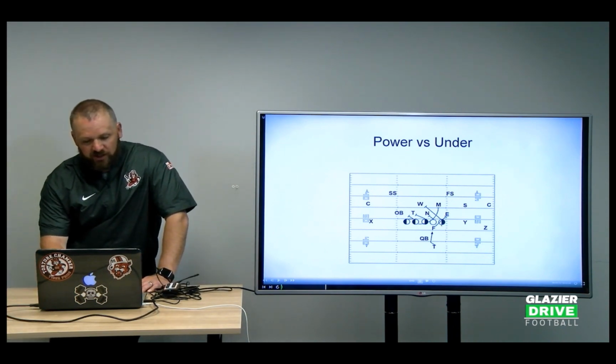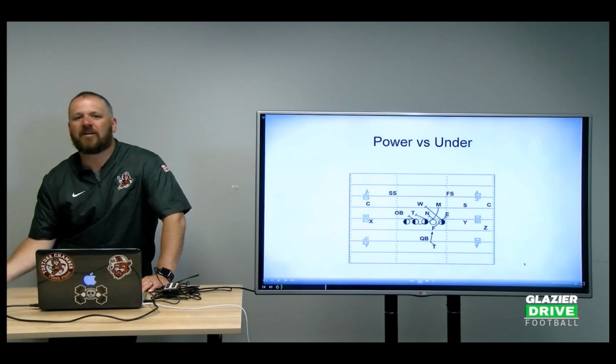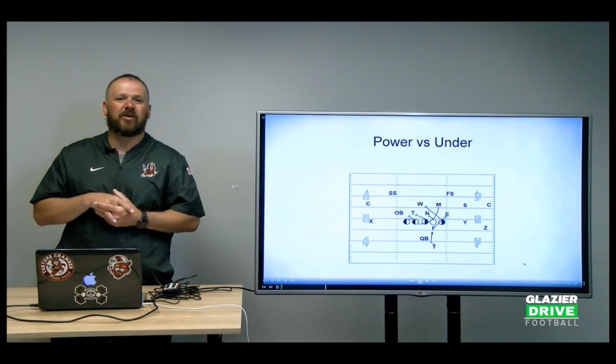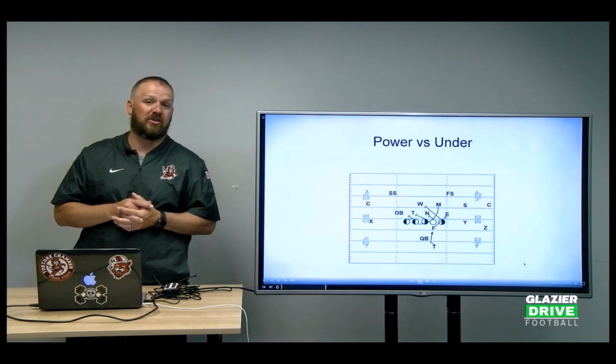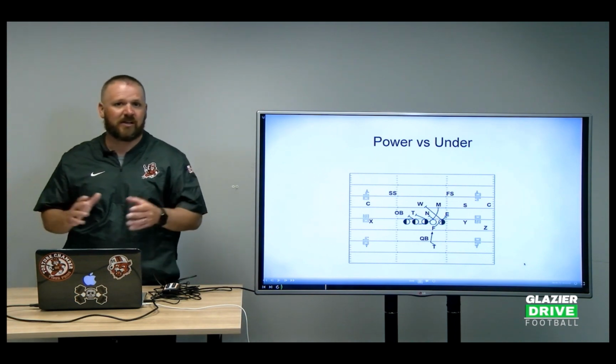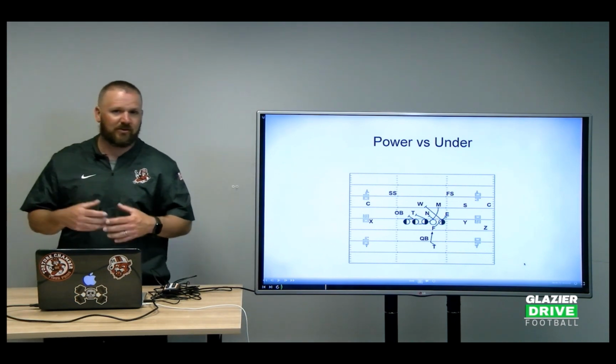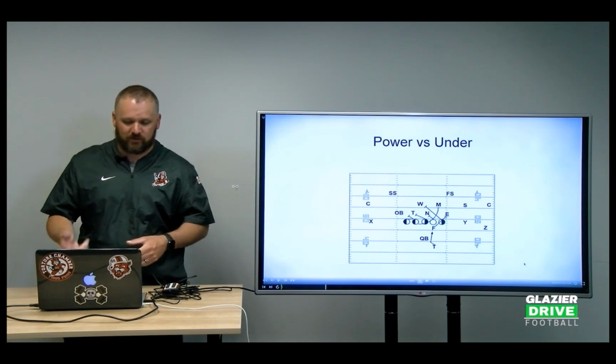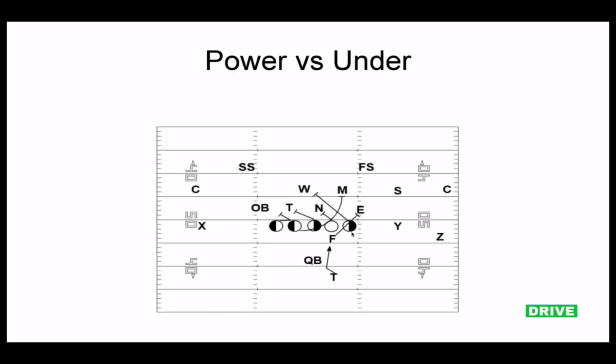Easy rules. I don't like saying gap down backer, because that's not how our co-OC and offensive line coach teaches it. He's one of the best offensive line coaches I've ever worked with, but he doesn't say the term gap down backer. They have their double team calls, and they have their calls when they're going right to the backside backer. So he is, play side, he's down on the backside backer. Obviously, if he's got a lineman in his gap, a 4-eye or whatever, he's going to be down on that, but he's down blocking. He's going back to this backer.